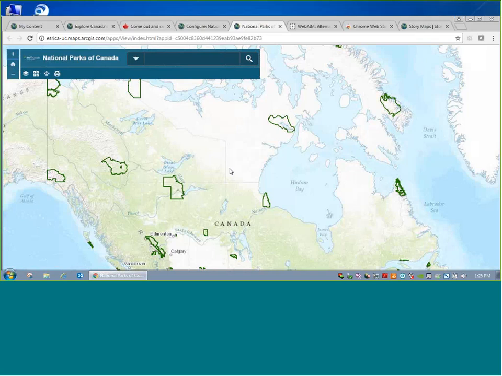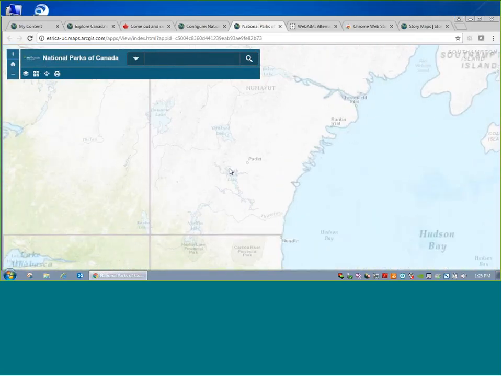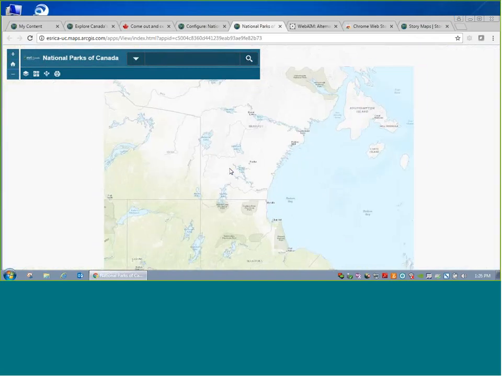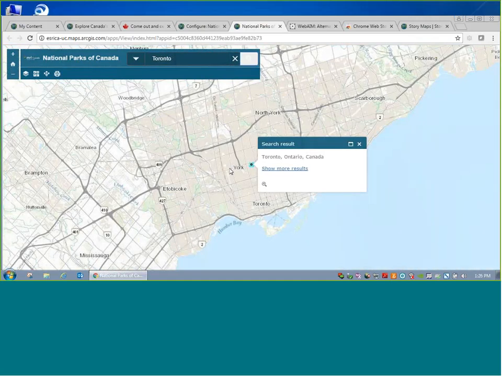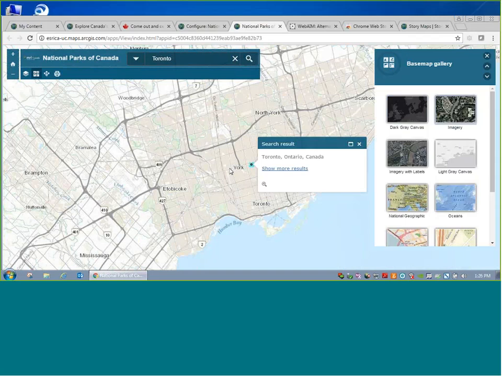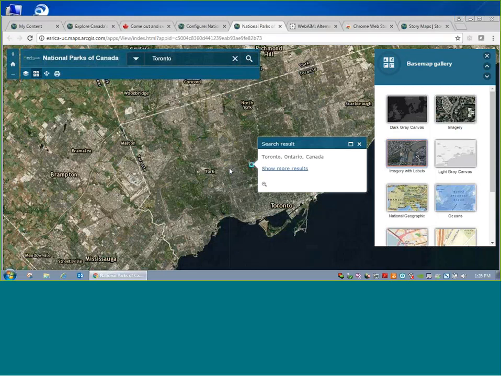So if you're pressing tab, it's harder to see the blue box, but there is one around the plus sign now. If you press enter, it will zoom in. You can tab to the minus key, press enter and zoom out. You can tab to the search bar, type Toronto, press enter, and it will bring you to Toronto. If you keep pressing tab, you can access things like different base maps. And you can do all of this without using the mouse. So the Basic Viewer template is a great option if you're just looking to present a single web map in a highly accessible format. Going back to our story map now,